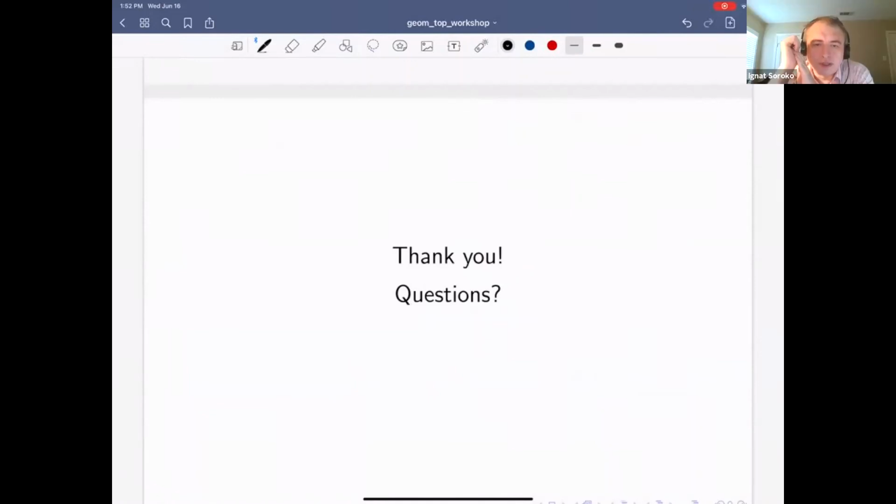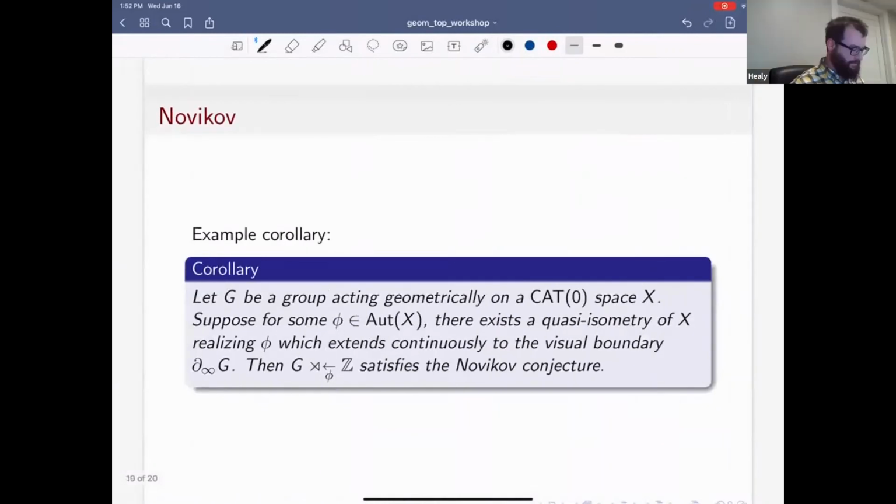Burns, could we go back one slide? Yes, absolutely. Yes, this. Thank you. Yeah, so this is the example of something you can conclude using these techniques, and you can tell there's a lot of hypotheses here, but the reason I highlighted this particular corollary is because, again, if you do a semidirect product of a hyperbolic group, or